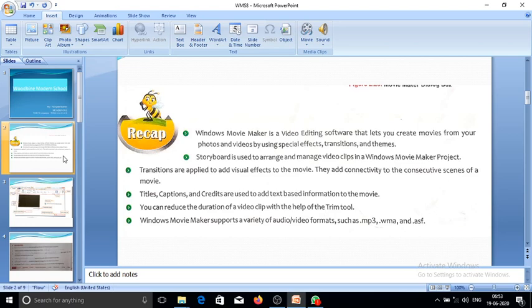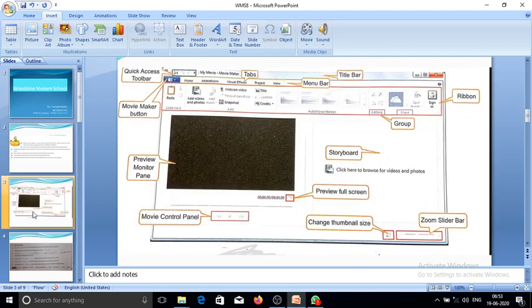Now how does the Windows Movie Maker software look? We look at these pictures. In these pictures, we see the views and how our Windows Movie Maker front page looks. At the top, the quick access toolbar is used for recent and quick actions such as save button, undo and redo buttons, minimize, maximize and close buttons.